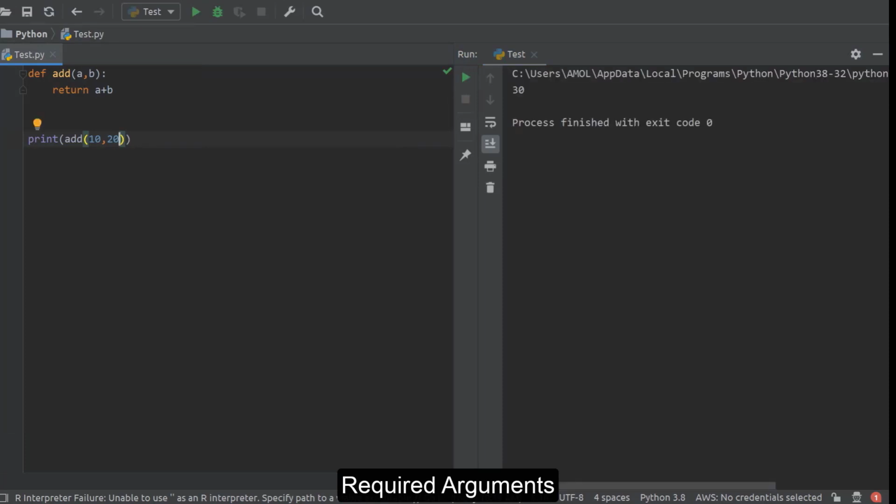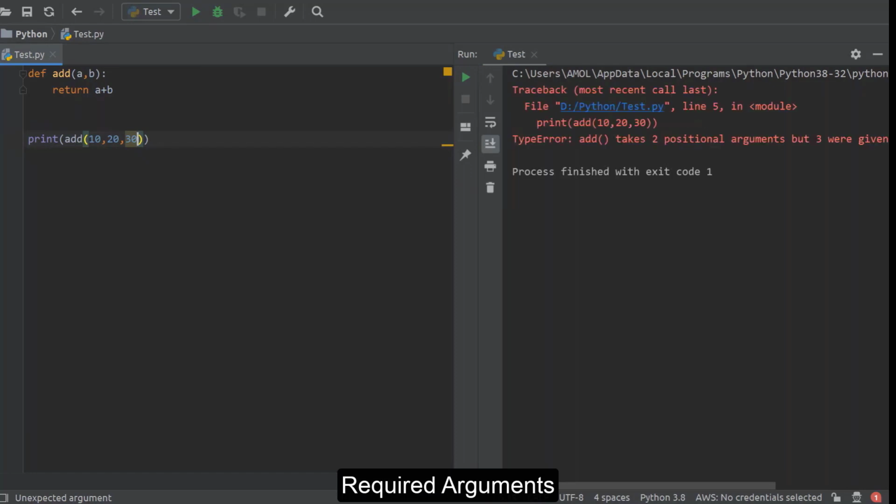Means if you pass 3 arguments, it will produce an error. If you pass a single argument, still it will produce an error, because the exact match of their positions and numbers in function call and definition should be matched.